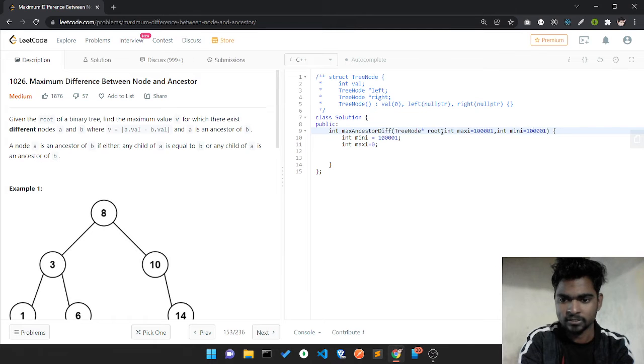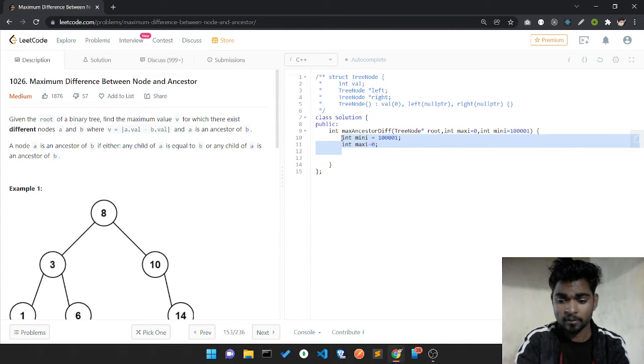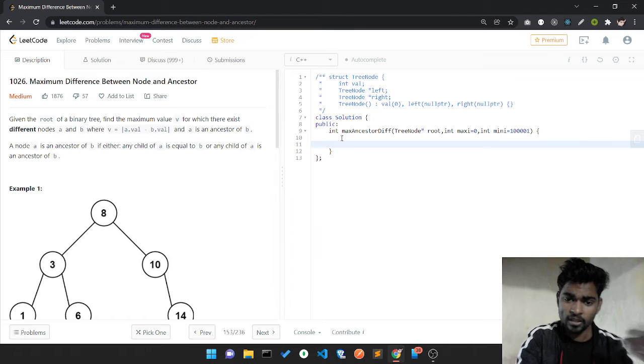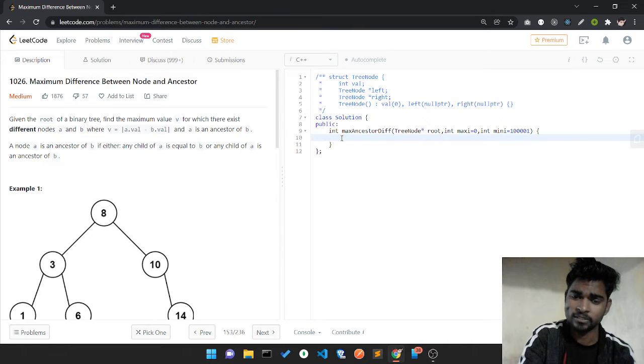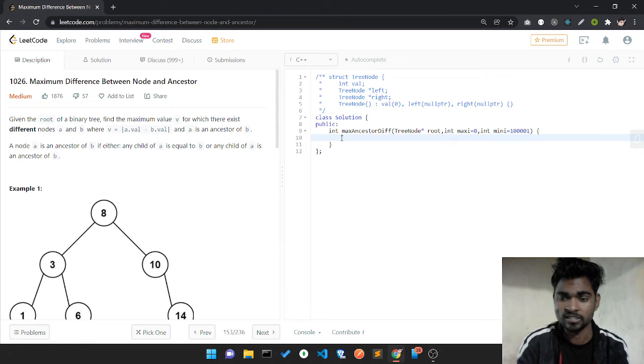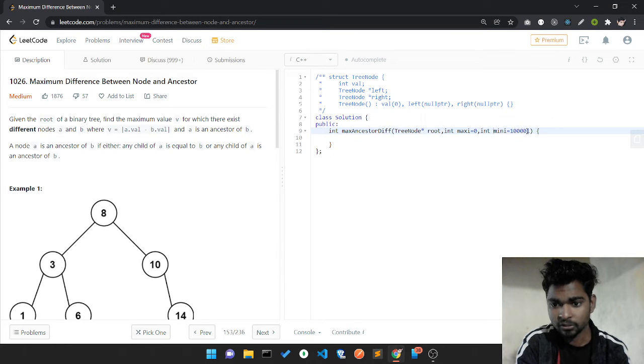Maxi is equal to 0, because in the initial case I'll initialize my maxi to 0 and mini to 10 power 5 or something, so it does not give me wrong values if my root is null. It would give me some hectic values, so that's why I initialize it.